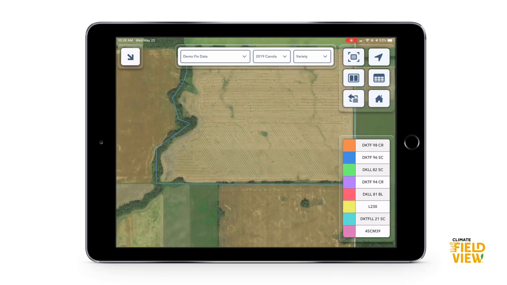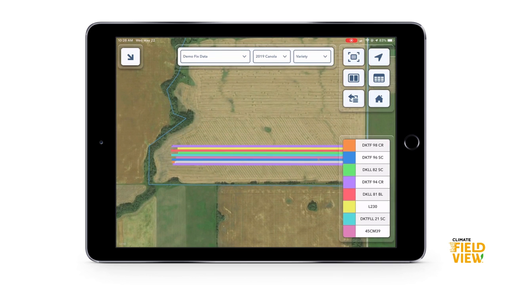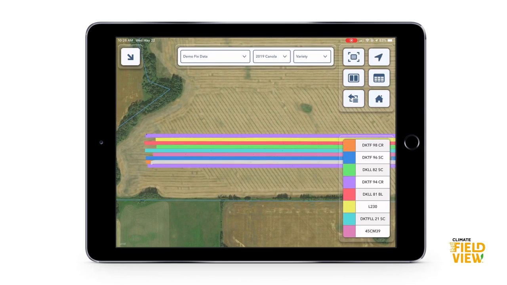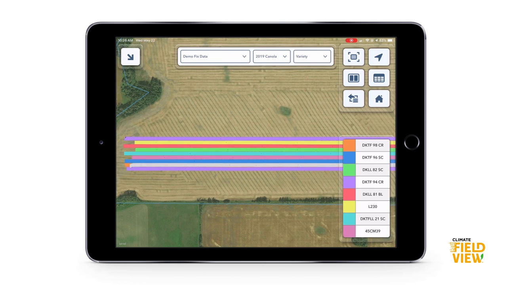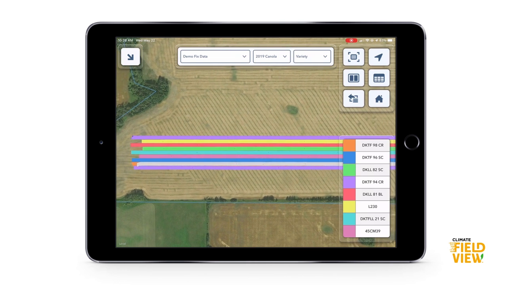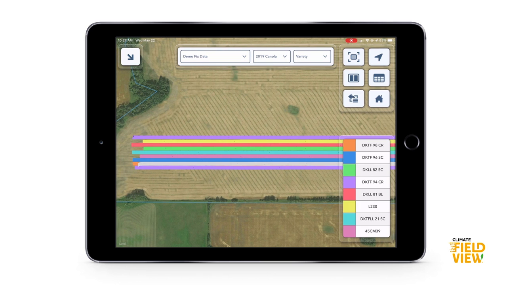on the second from the bottom strip you can see that it looks like there's two different colors, the orange and the white. Because we forgot to select a hybrid name for this strip, FieldView automatically defaulted it to unknown or missing hybrid. It also looks like there's the possibility that it was painted over top of one another, but there's an easy way to see how many acres there are of the orange strip,